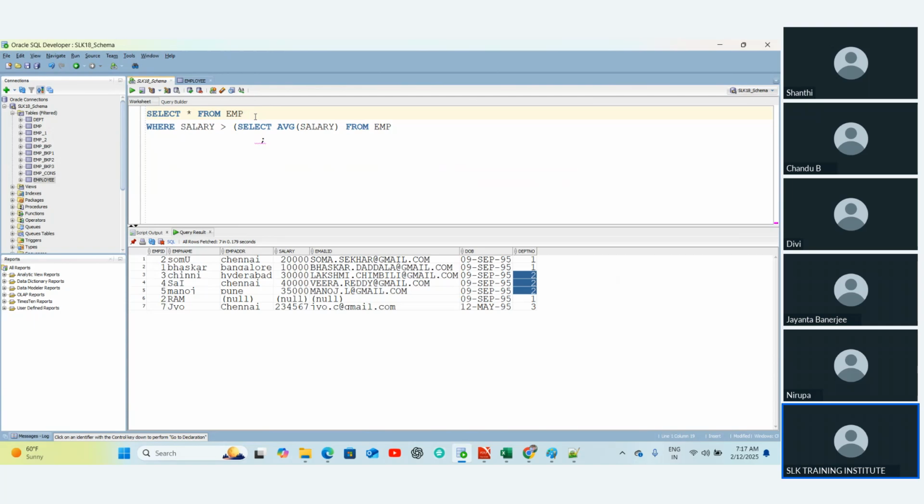We should give alias names. Let's say I'm giving A here, and I'm giving B here. Where A dot department number equal to B dot department number, group by department number. So what I'm doing here, first for every record for this department 1, this subquery will